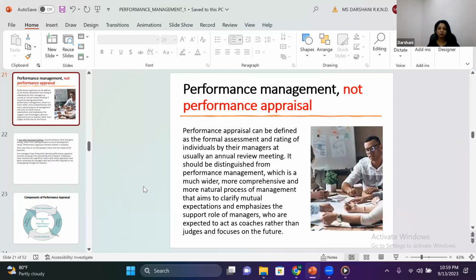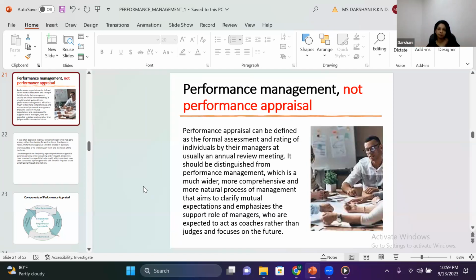So therefore make sure when you are writing, I don't want pearl-like, perfect handwriting. My handwriting is also ugly, but it should be readable, legible. We call it legible. Writing should be legible. So you should be able to explain this performance management, why performance management is not performance